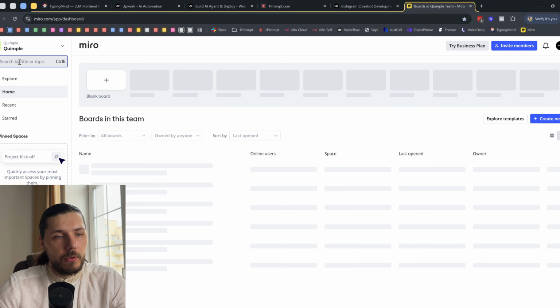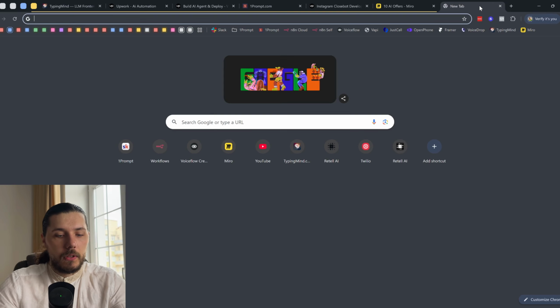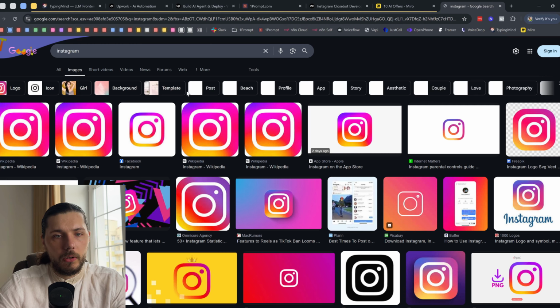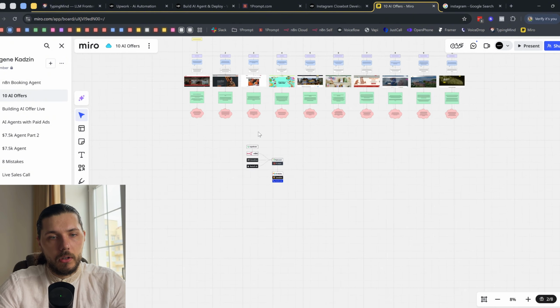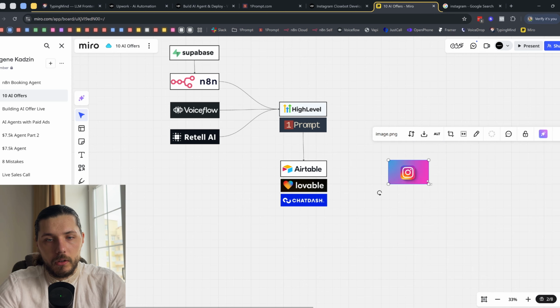And by the way, here's what we can do. If I go to my mirror here, there are 10 AI offers, Instagram. Okay, let's check the logo. Okay, something like that. I'm going to take it so that it's easier visually for you. These are some of the tools that we're using.